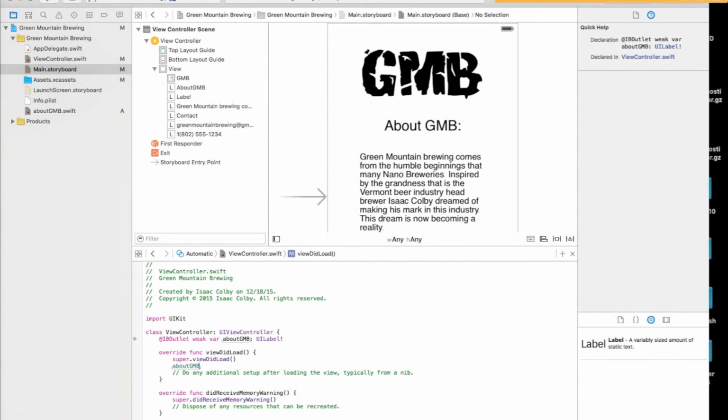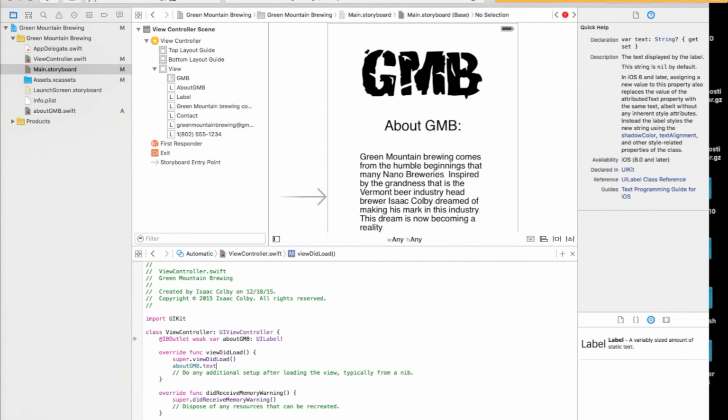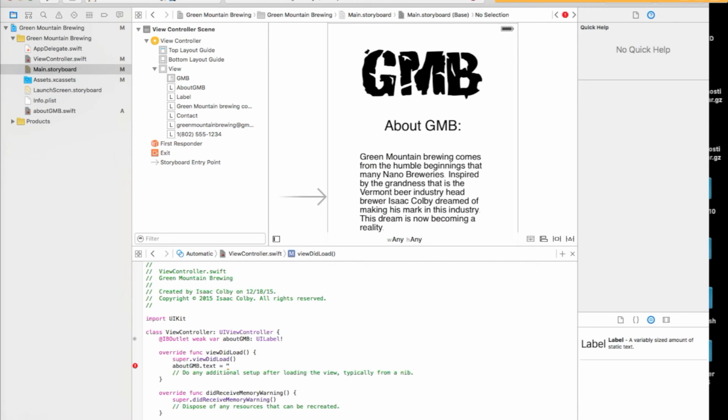It's already forming it for us. Dot text equals, and whatever text we throw into these quotations will be what shows. About GMB, which I know is what's already up there, but I'll show you that now that we've done this,